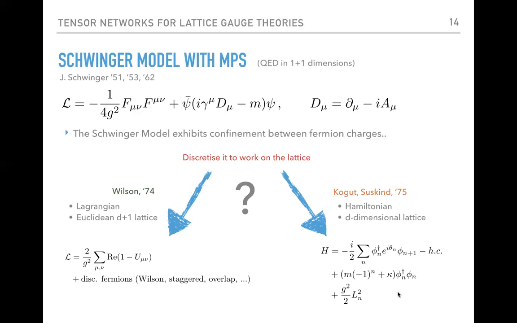And they assume the staggered formulation, in which you split the fermion fields into even and odd sites. That's why they had here this (-1)^n, because the even sites have the matter and the odd sites have the antimatter. And in the continuum limit, these two fermion fields will merge into one Dirac spinor. So if we want to use tensor networks, we should use this type of approach.